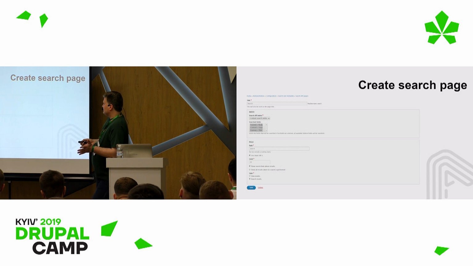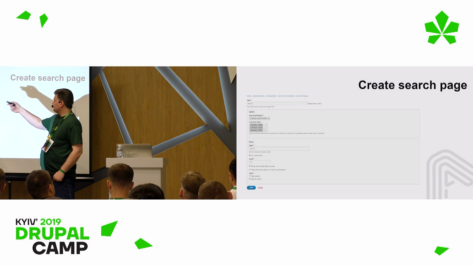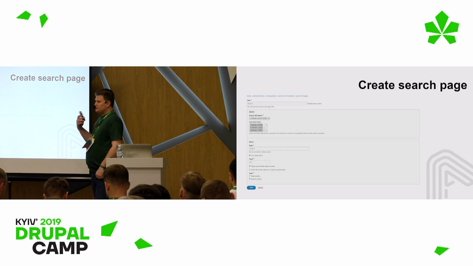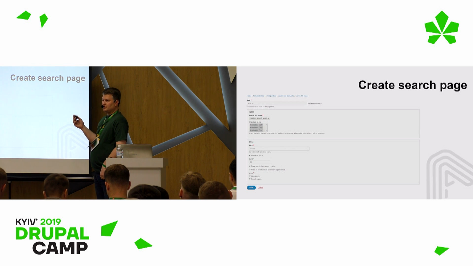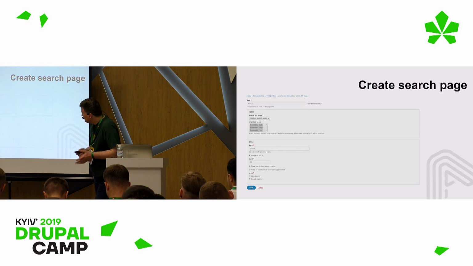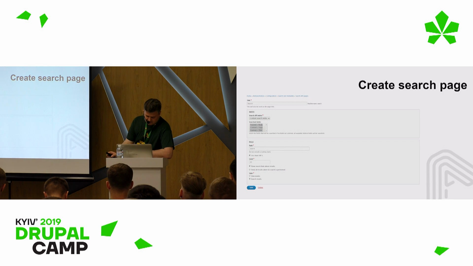We need to just create a search API page, and we need to set up just a few options, like we need to select the index, we need to check which field should be used on the search page, we need to set up the path, and other options like